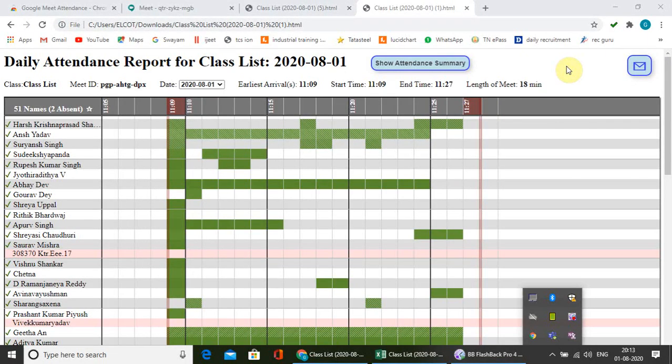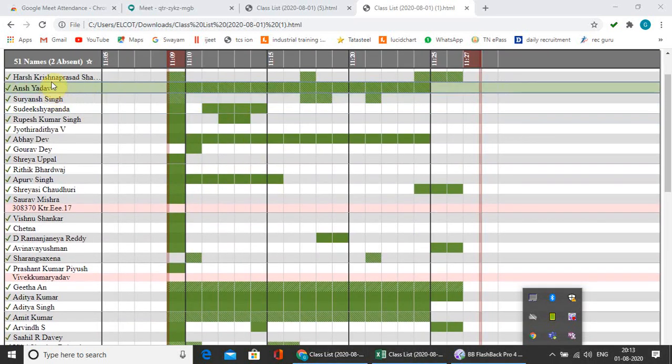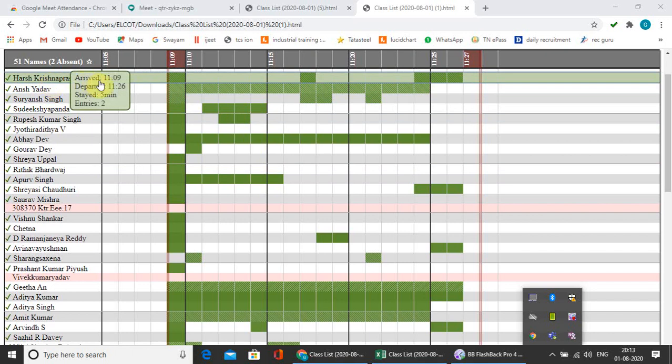This is another session attendance report created using the Google Meet attendance extension. If you check here, the date, it starts from 11:09 a.m. and ends at 11:27, and the total length of the meeting is 18 minutes. In those 18 minutes, one such student arrived at 11:09 and left the meeting by 11:26, and the entries made are 2, and the total number of minutes he stayed in the session is 5 minutes.